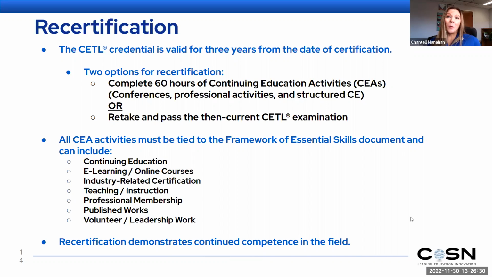We know that our ed tech world changes quickly, and we want to make sure that people who've earned this certification and those letters after their name really are the best of the best, the most informed, and keep up on it. And if you work in the education world like we do, then this really falls in line with other certifications that teachers would have to keep, their teaching license credential, superintendents, and if you come from the IT side, same kind of idea that you would have to recertify for like your Cisco certifications or your cybersecurity certifications, whatever, what have you.